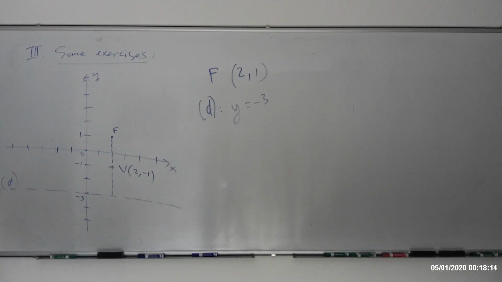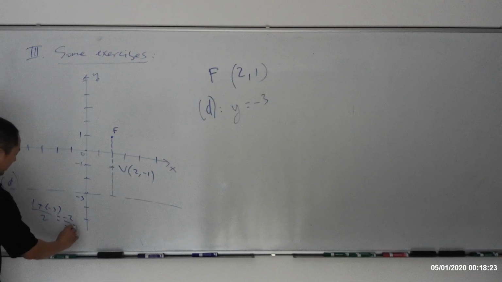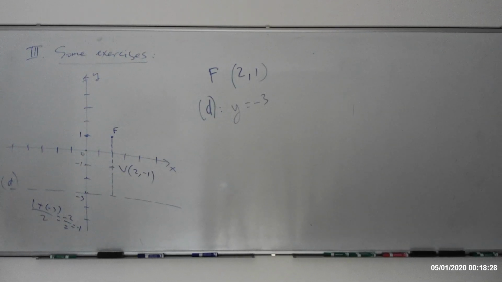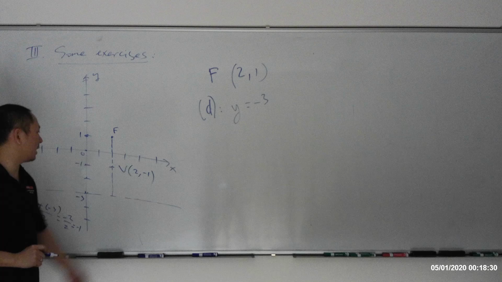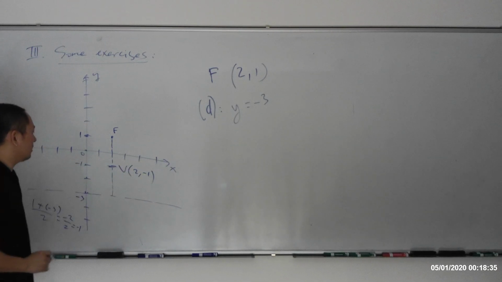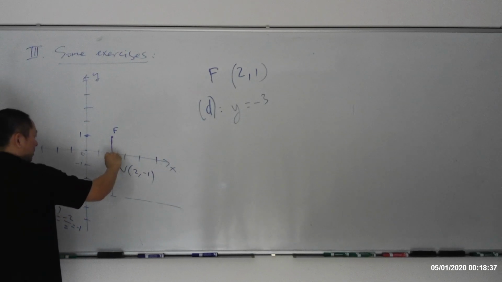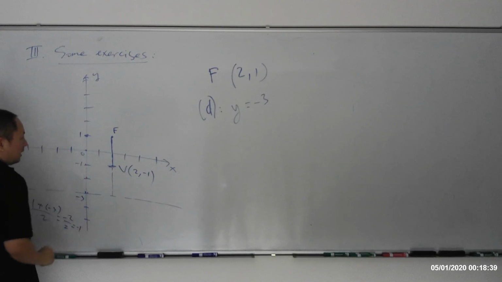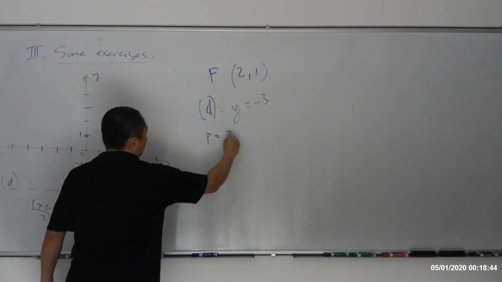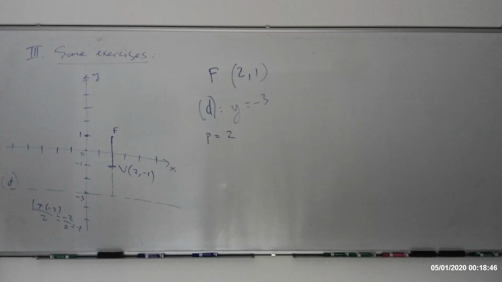Okay? Are we good? This is what we do: 1 plus negative 3, divided by 2. Negative 2 over 2, which is negative 1. The average of the two points. Take the middle point. Okay? So the vertex is at (2, negative 1). You got the vertex already. Can you calculate the p-value? In other words, the distance from the focus to the vertex, or the distance from the vertex to line D. It's 4 total, so that distance is going to be 2. So p is equal to 2. Okay? And I claim